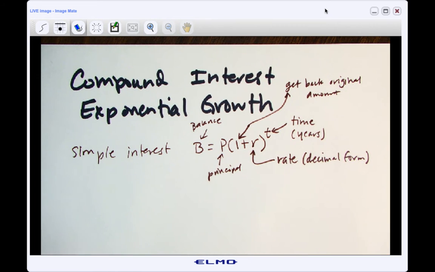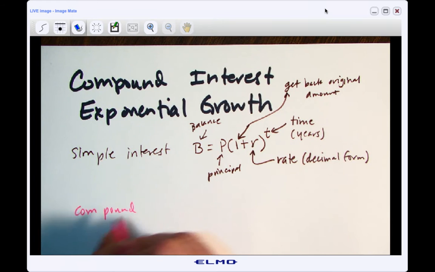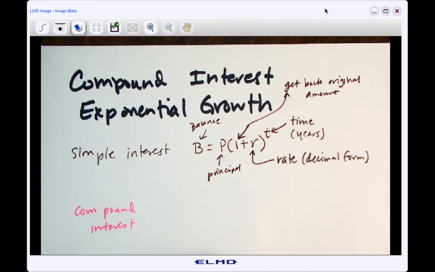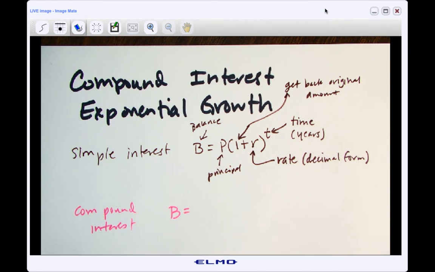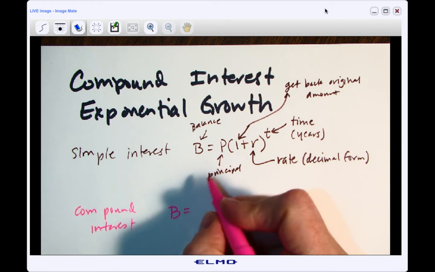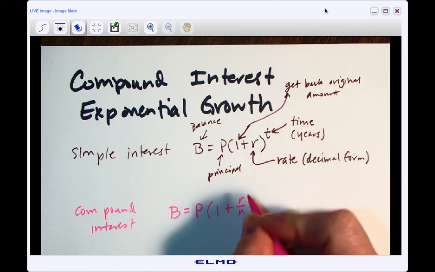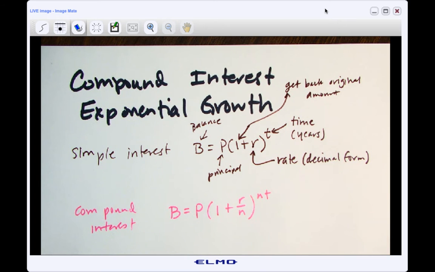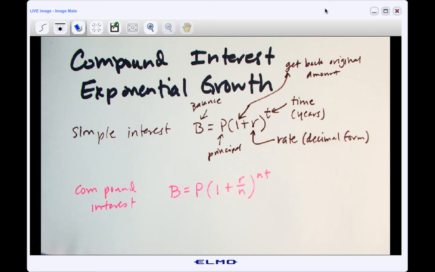Okay, so that was our simple one. We're going to look at that one today just a little bit. The one that we're actually going to look at is our compound. Now this one we said is a little bit closer to what actually happens. If you actually look at the formulas that they use, a lot of them are super complicated. So we use sort of a simplified version, but this is closer, I guess, to what you might actually use